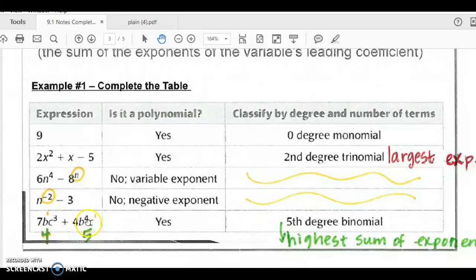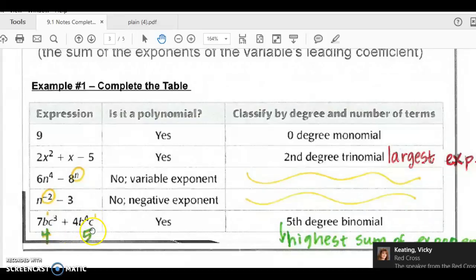And technically 4 would be our leading coefficient because this right here with b to the fourth would be out in front. So this one should be written as 4b to the fourth c because the largest power of the exponents determines what the leading coefficient is. So if you were asked what the leading coefficient on this problem is, you should probably say that it is